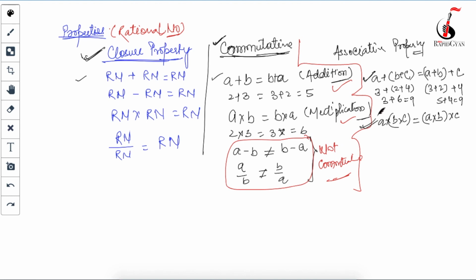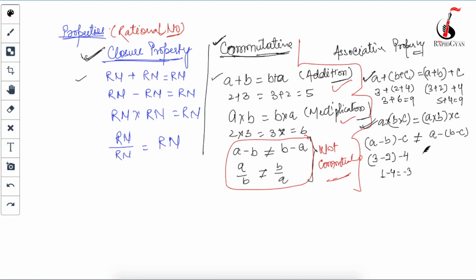Okay, now at the same time, if I am going to do it for subtraction, means a minus (b minus c) will not be equal to (a minus b) minus c. Correct? How? I'll just go with an example, beta. Suppose again the same, a is your 3, b is your 2 and c is your 4. What answer will I get? 3 minus (2 minus 4)... See, you remember the BODMAS rule, means first I will have to solve the bracket.